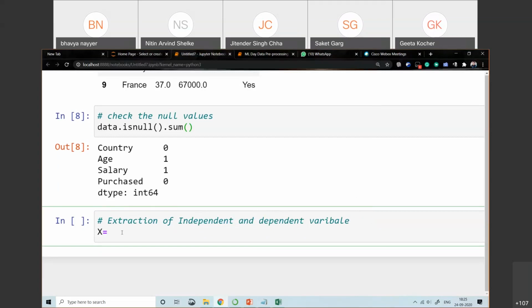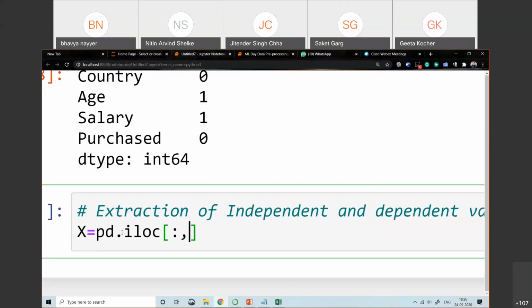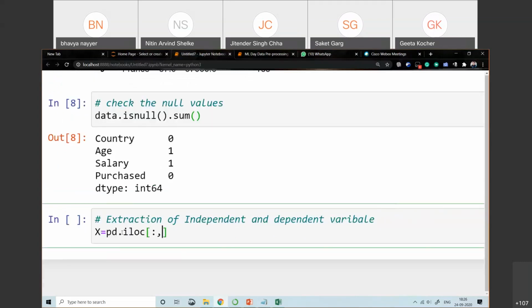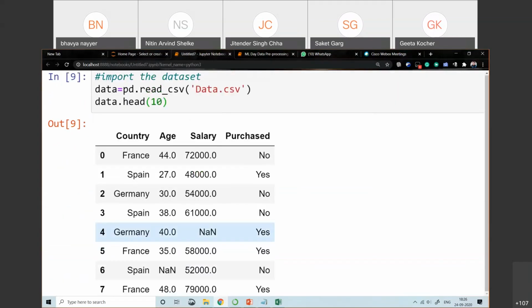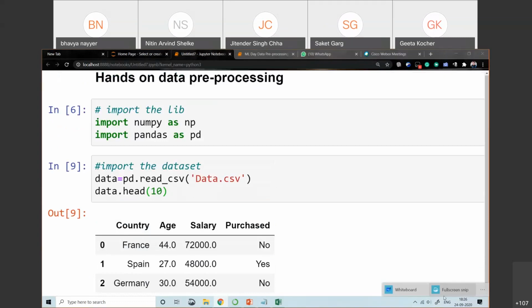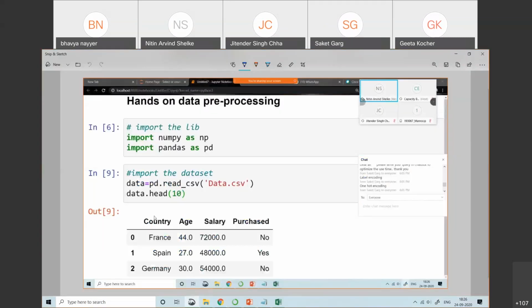Now x: the function that we have is the iloc function, pd.iloc, square bracket, all rows, and specifically, let's suppose I want country, age, and salary as my independent variables. These are my independent variables.